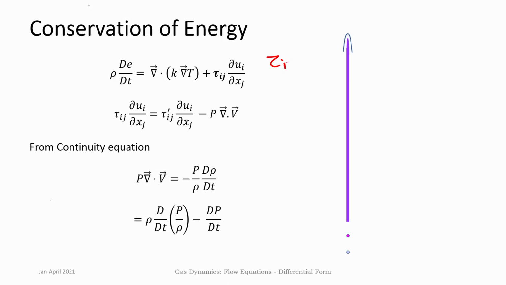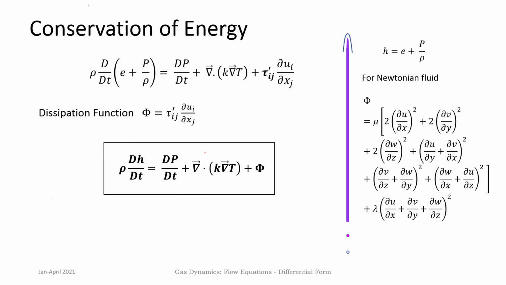This tau ij consists of a pressure term and terms due to the velocity gradients, so they can be separated. The pressure term comes out as p del dot v, while you are left with all the velocity gradients, and this term is known as the viscous dissipation term. This is all the dissipation that happens due to viscosity and velocity gradients. You can simplify the pressure term using the continuity equation, where del dot v can be represented in terms of d rho by dt, and therefore this pressure term comes within the brackets. E plus p by rho is nothing but